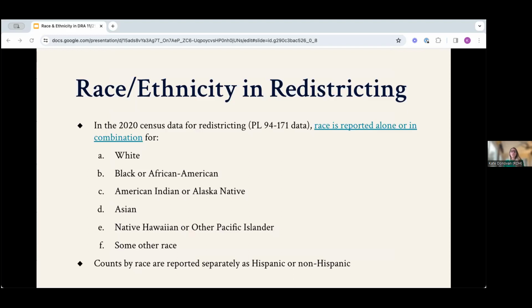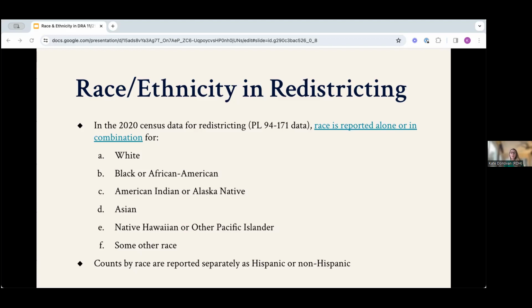When the Census Bureau finishes collecting and coding all the information from the decennial census forms, they release it in a number of data sets. The primary data set for redistricting, known as the PL 94-171 data, or just PL data, includes population data for 5 racial categories: white, Black or African American, Indian or Alaskan Native, Asian, Native Hawaiian or Pacific Islander, and then there is a final catch-all, some other race category.